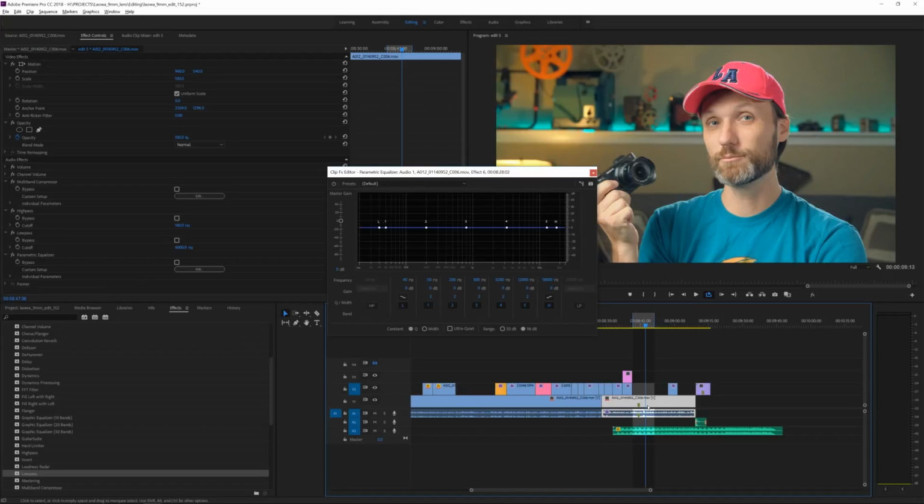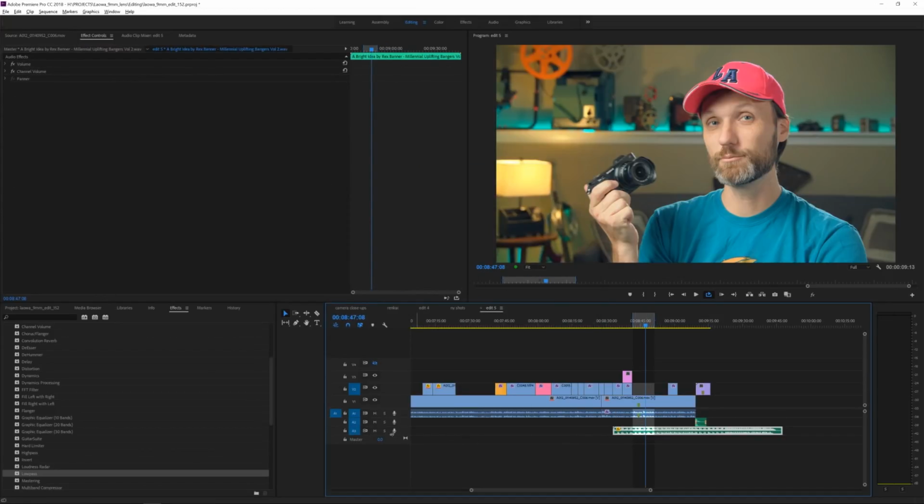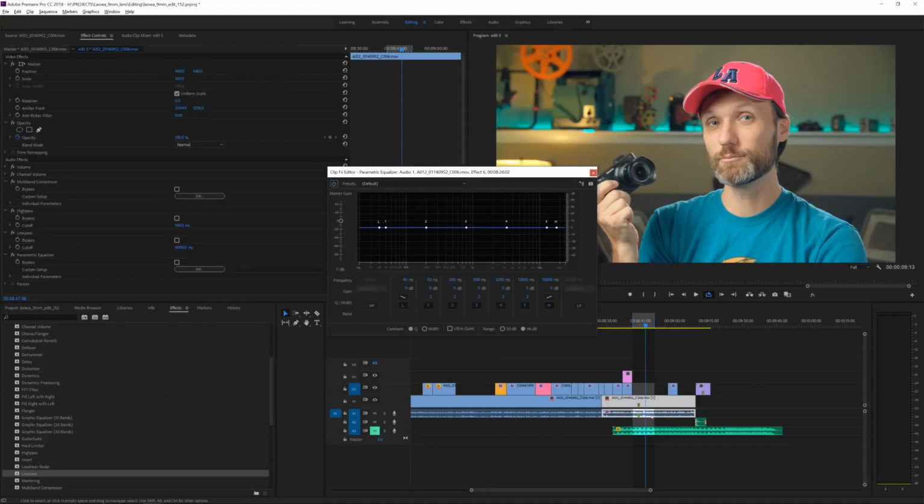And maybe one other quick thing I can show you, right here with the parametric equalizer, on our audio track. Let me mute the music for now. If I take this audio track, with the parametric equalizer another cool thing you can do is adjust the frequency. I can adjust the frequencies in certain ranges, bring them up while lowering others, to again make the vocals sound better.